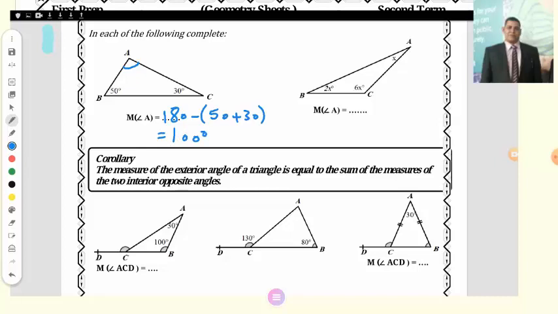Here we have three angles A, B, and C. The measure of angle A equals x, measure of angle C equals 6x, measure of angle B equals 2x. We want to find the measure of angle A. Since the sum of measures of the interior